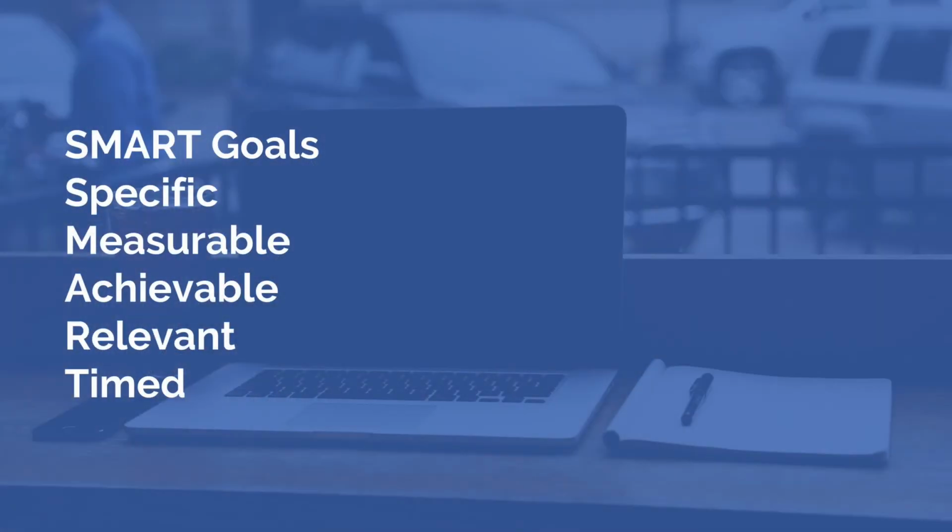So specific, measurable, achievable, relevant, and then the 5th thing is timed. And our time frame here is already determined. It's 90 days. We want you to set a goal that you can accomplish in the next 90 days. Now, once you write that SMART goal statement, put it in your planner right here in this box on the